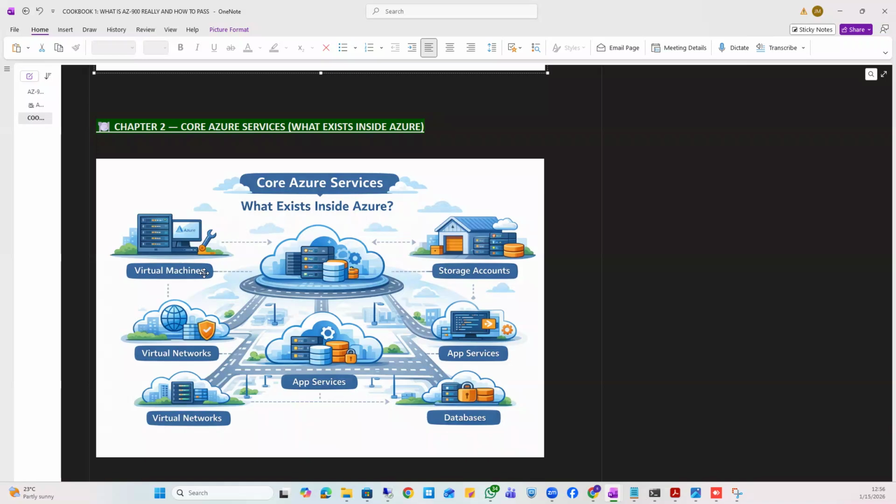So Azure, I want you to think of Azure the same way. They also have services. They have things called virtual machines, which are computers that are hosted in the cloud. And then they have things called virtual networks, which are networks that are in the cloud. Then we have storage accounts, which is where data is stored. By data, we're talking about, if it's LinkedIn, all those messages have to be stored somewhere, right? So this data is that storage. And then we have